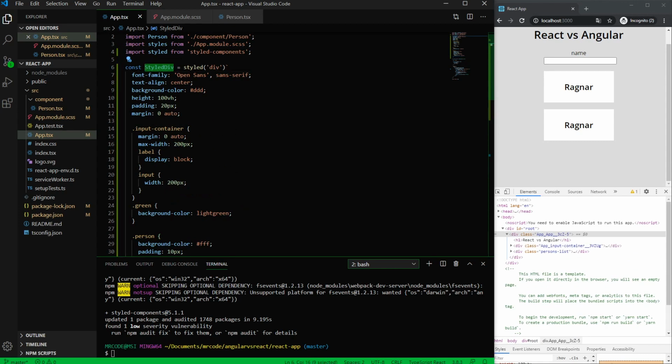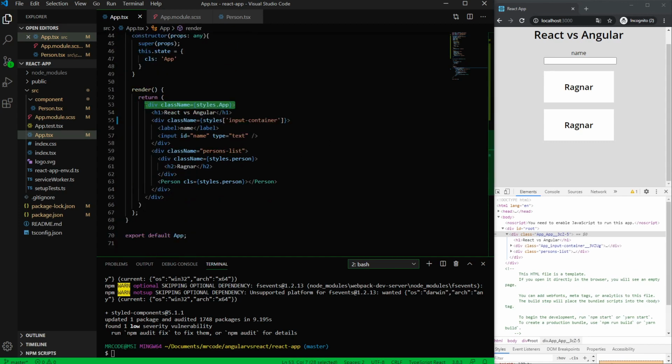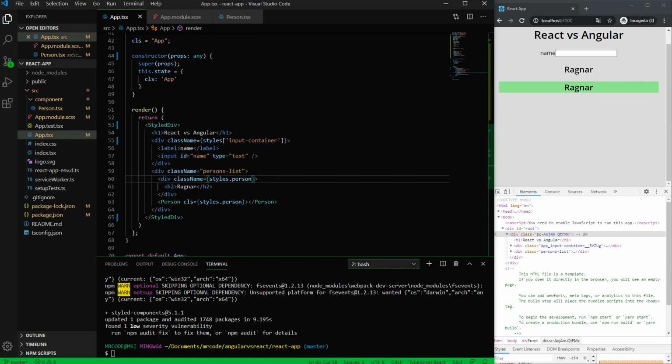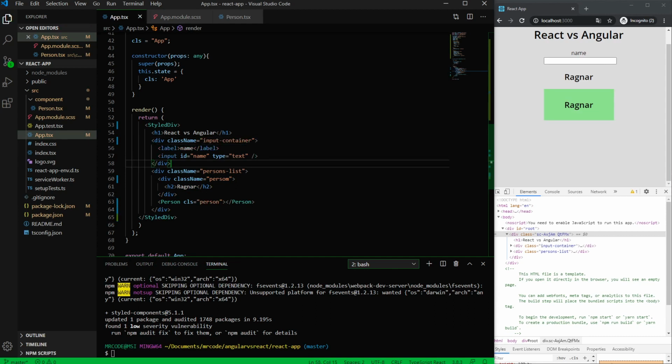And now we can use the styled div instead of this div. So as you can see, our styling is partially broken. That is because we are still using styles object. So everything works again, except here we have a typo. So now it works. This person is still affected, but it is only affected because it is inside of the